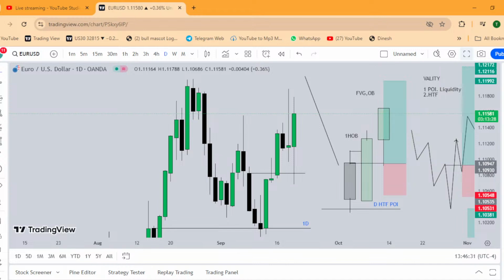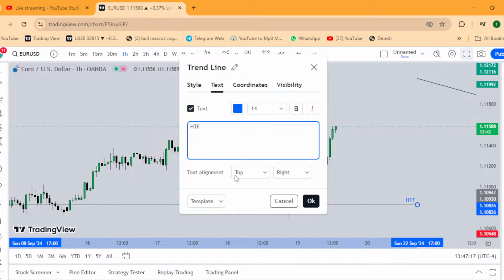So now it takes us back to the concept of what we spoke about. We said that if this is the higher time frame zone, we want it to be where there's going to be a shock, right? We want price to hit that higher time frame zone. When price hits that higher time frame zone, we bring in the concept of we want to take our entries in the kill zone. So if we want to take our entries in the kill zone, let's get back onto